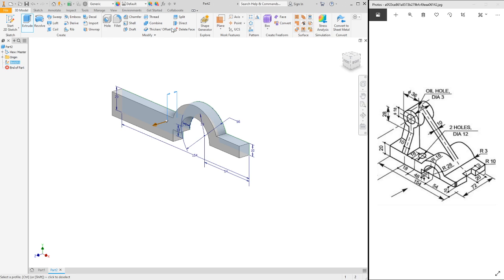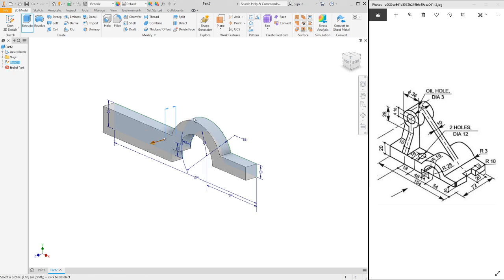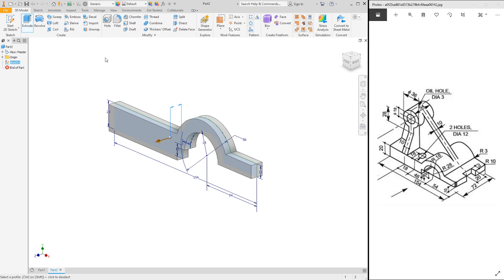Then when we're extruding, if you look at this object, we can say that it's symmetrical about, let's say, the vertical plane. All right, so there's a plane that passes through the middle. We'll have the same object in front as we'll have at the back. So because of that, when extruding, we'll use the symmetric extrude. So you click on this icon here, symmetric, click on it, so that we'll have equal halves at both